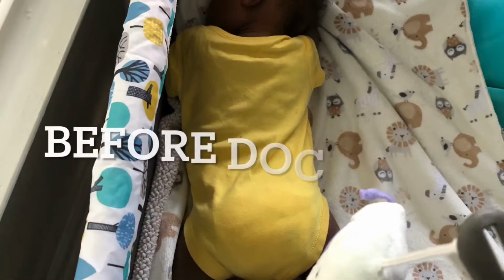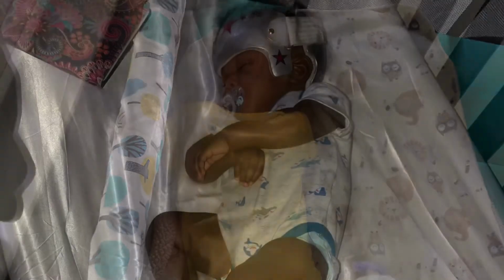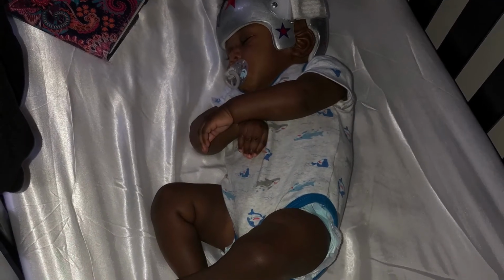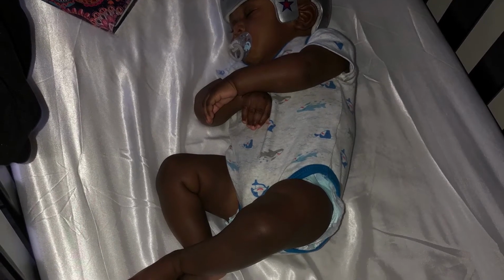So you just looked at Dawson. He looked so cute with the helmet. It was a struggle for him to sleep in the helmet the first few nights. He wouldn't sleep throughout the entire night, and prior to that, he was sleeping 8 hours solid without waking up during the night. But with the helmet,